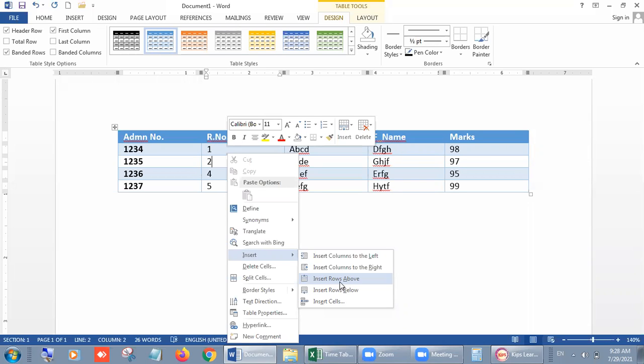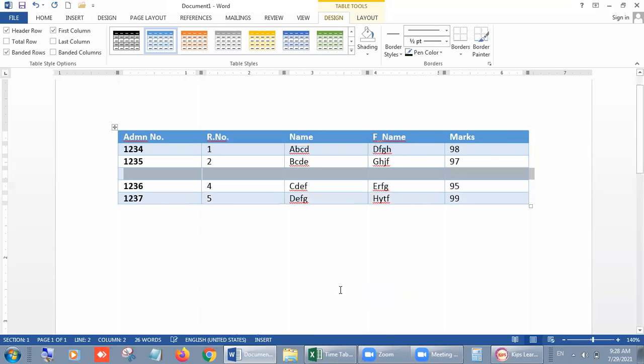Above means above where 2 is written, that is, to make a gap between 1 and 2, or below, that is, between 2 and 4. We have to do below, because we want to insert a line for a record between 2 and 4, like this. Now you can observe it. So a new admission number you can insert and write any name.